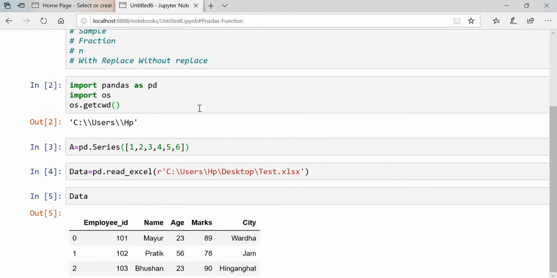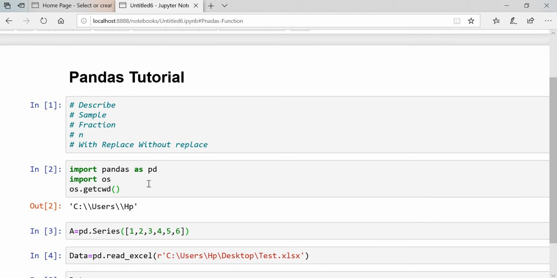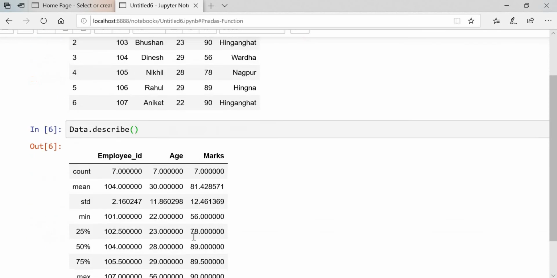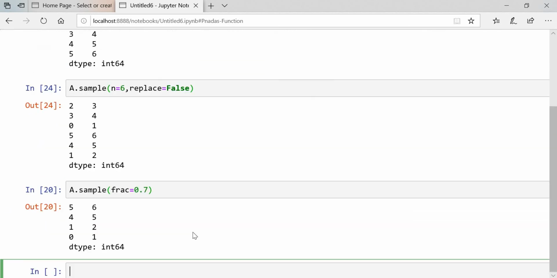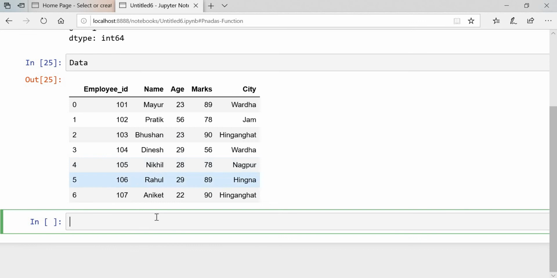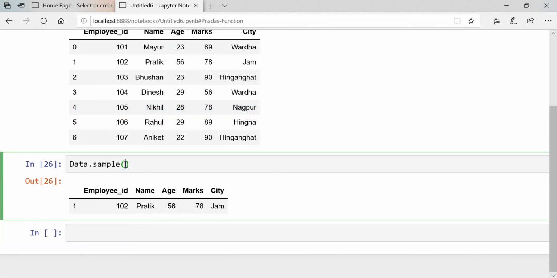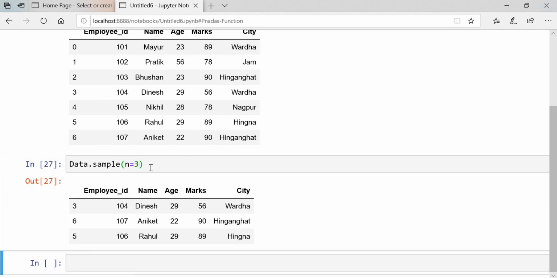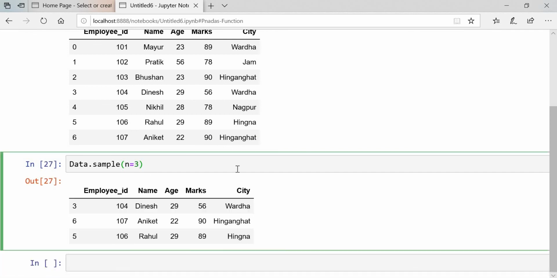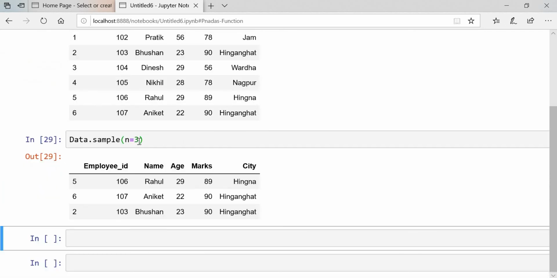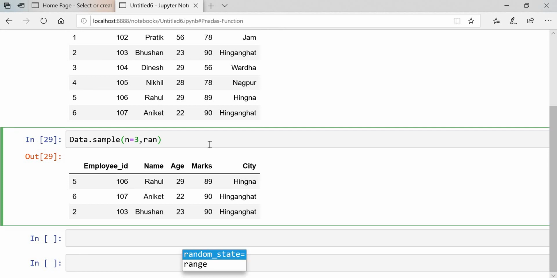Now we have looked at all the functions inside the series. Now we will see how they work in the data frame as well. We will call our data, then simply put data dot sample, same as what we did in the series. You'll get random data. If you put n equals to 3, you will get that number of rows. If you execute one more time, you will get different data. Now you can put random state also here.